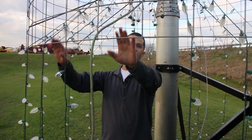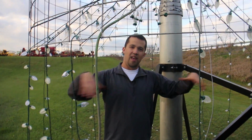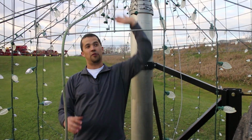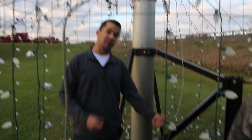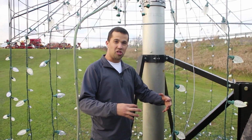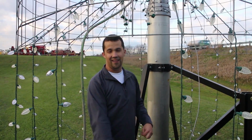So we took the metal frame here, ran lights off in order to make it tree shaped, and then also put a big star on the top in order to light it and make it look cool. So during the show, this thing will actually raise up and down using a series of solenoid valves right down here that are tied into our DC light controllers. So these valves right down here at the bottom will open the pressure line up to fill the thing up and boost it up, and then open up again in order to vent it and let it back down again